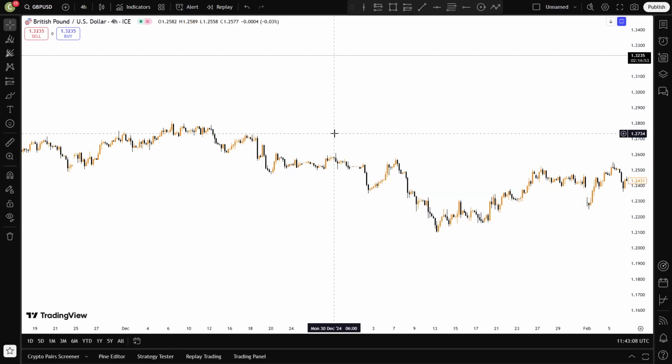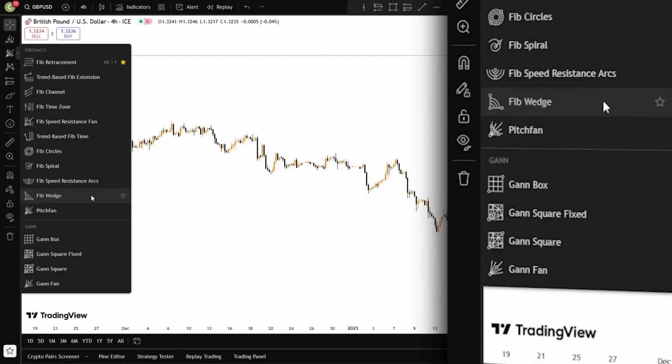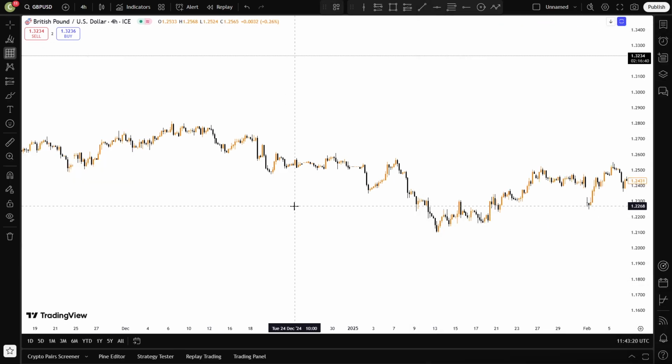Now we move to the Gann tools. So under the Gann tools, we have the Gann box, the Gann square fixed, the Gann square, and the Gann fan. Now the Gann theory combines time and price, and the Gann box, for instance, overlays a grid on your chart using a Gann theory, dividing price and time into equal parts. It's designed to forecast key reversal points, trend continuations, and natural market rhythms based on square relationship between price and